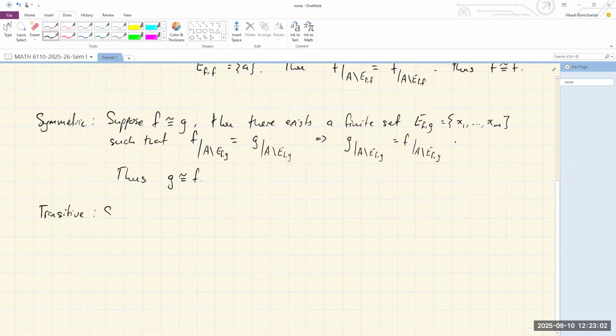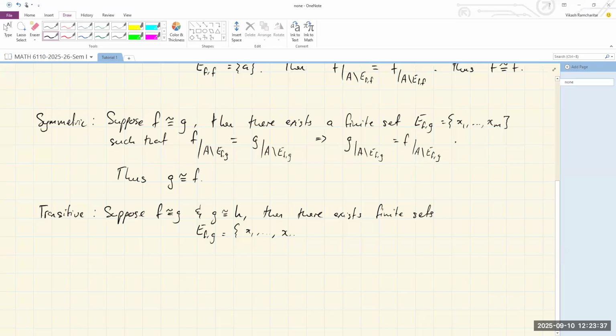Okay, so transitive now is: suppose f is related to g and g is related to another function, let's call it h. So from the definition of this relation, what does that mean? It means that there exist two finite sets. Let's call one of them E_FG,